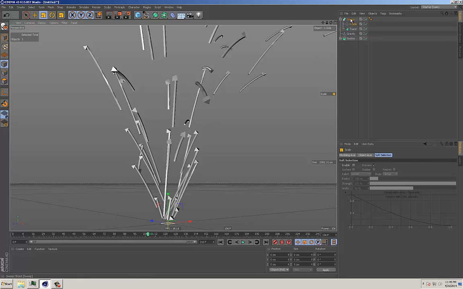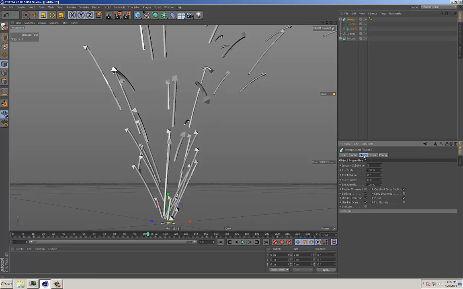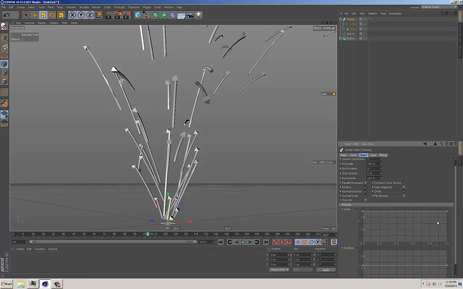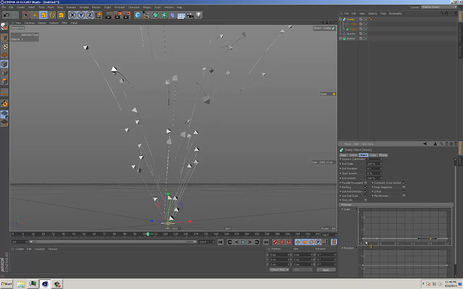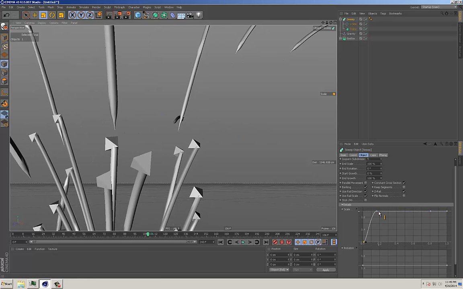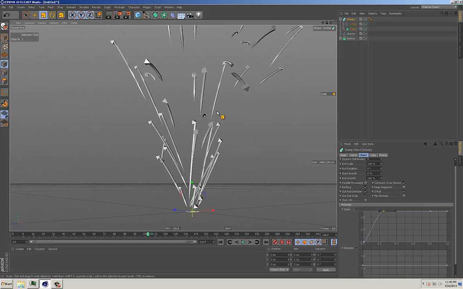So the way we would do that is to go into the sweep, go into the object, and then pull down this Details, and as you can see we have another spline just like we did for the effector, and these are in a lot of menus in Cinema 4D. And the way you use this is that this scale is controlling the sweep from one end to the other. So let's Control-click and create some points, and let's try dragging this one down, and oops, I dragged everything down. Let's drag, oh, and there we go. As you can see, this is sharpening the end of the sweep because that's what it's controlling. So now we can have these little sharp ends like that,